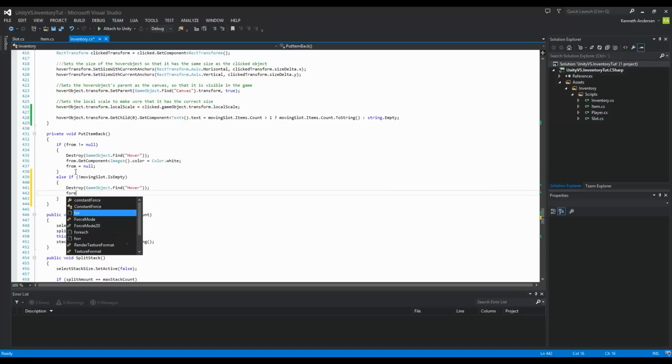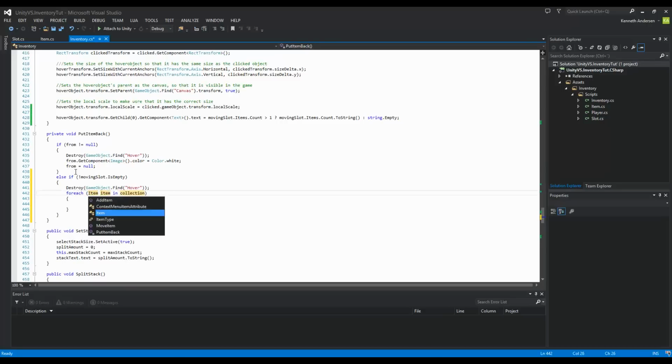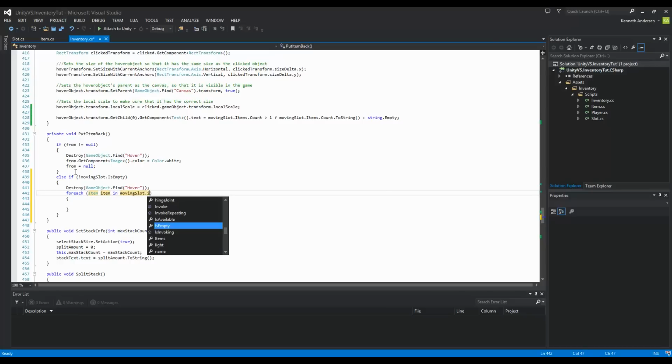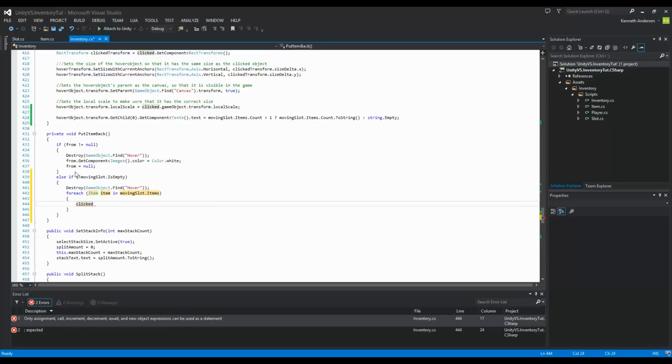So we need to say for each item in the collection called moving slot dot items, because we need to put everything back from it. Well, then we need to say clicked, because clicked is always the slot we just took all the items from. That get component slot dot add item